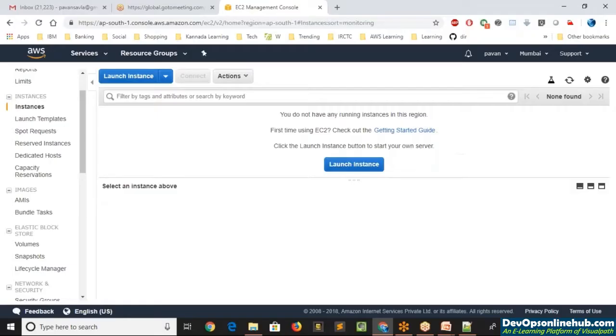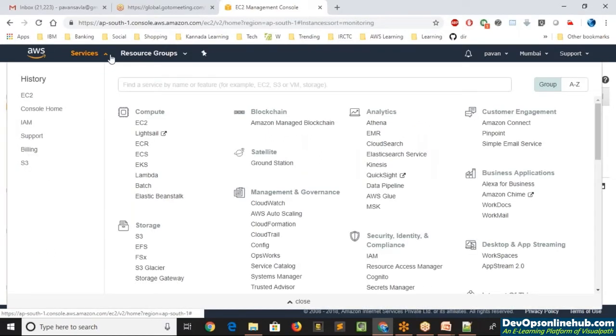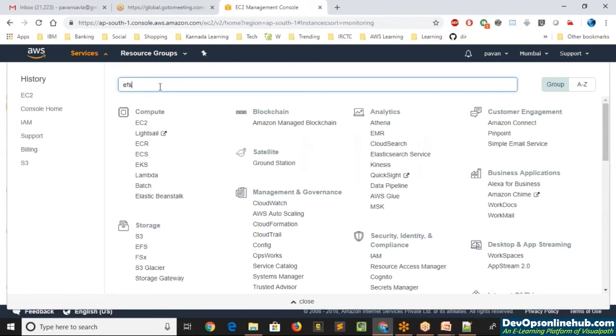First thing is we'll create an EFS. In the services, I'll first select EFS. EFS is a different service, and you should be able to see it as part of storage here.